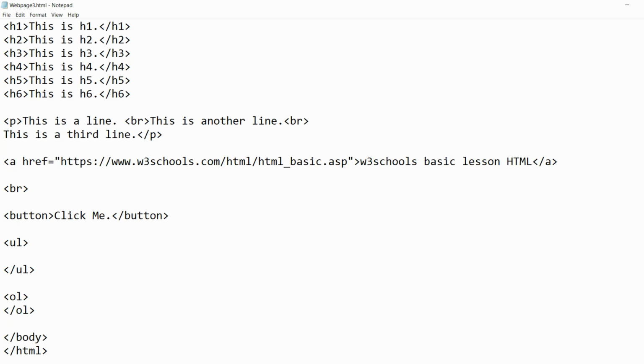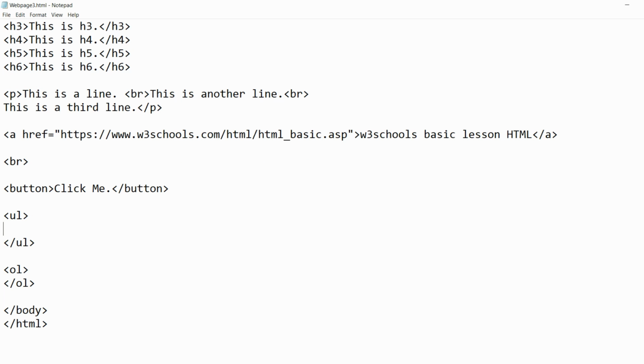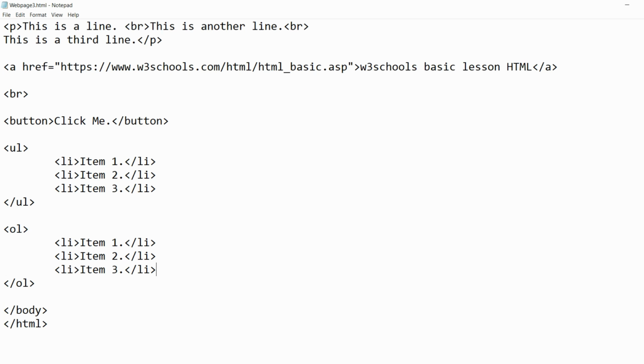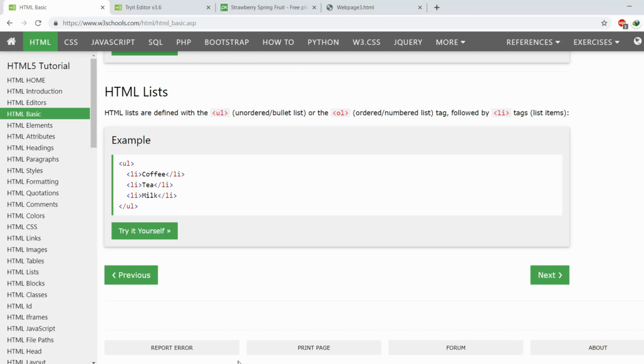Now within these opening and closing list tags, we hit tab, and then we use the li tags to list our elements. So item 1, close the li tag, and this says it's a list item. Item 2, and let's create item 3. Copy this whole thing to our ordered list as well. We hit tab over here just so it looks much cleaner and easier for somebody to read. Now hit save, go back to your document,